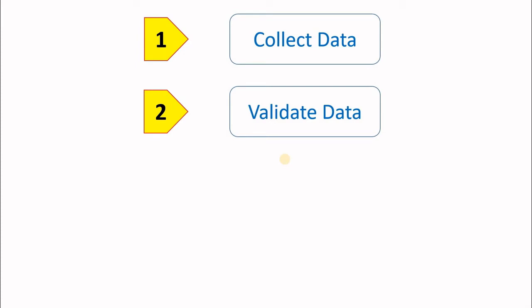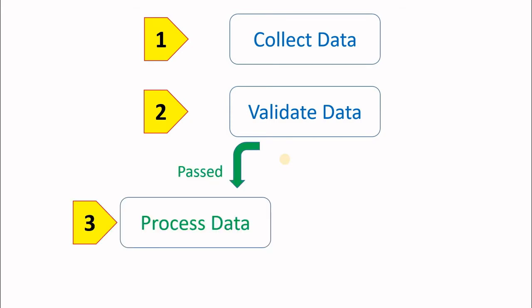In place of the email ID he has entered something else, or the two passwords are not matching each other, or in the name field or user ID field a special character is entered. We'll check all those data. Once the data is cleared, then we'll process it. We must push it to a MySQL database, or if it is a login form, we'll check the password with our database and create the session ID for that.